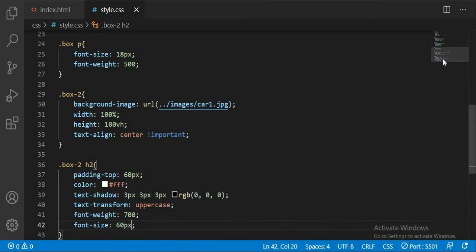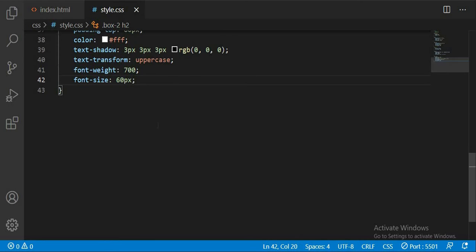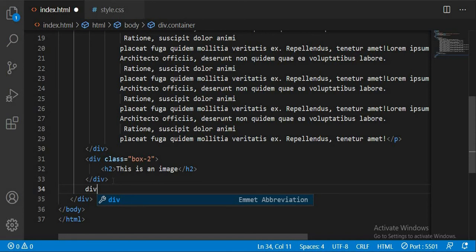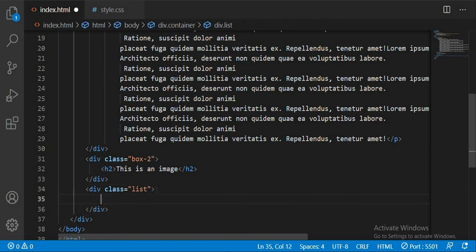Now let's jump into listing, which will be the last thing we'll do for today. Then we'll continue in our next class. So let's go to our HTML file, create a new div. Let's give this a class of list. Let's have h1, sorry, let's have h2 rather, so the